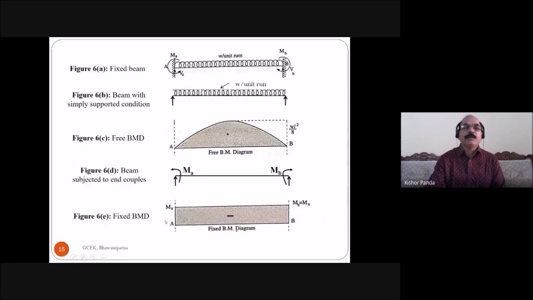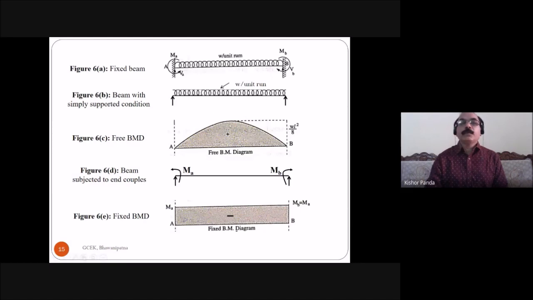Then you have to draw the free bending moment diagram. So this is the simply supported condition, and this is the free bending moment diagram. But if there is a uniformly distributed load present, then what is the maximum moment at the midpoint? You know that in simply supported bending moment, the maximum bending moment at the midpoint